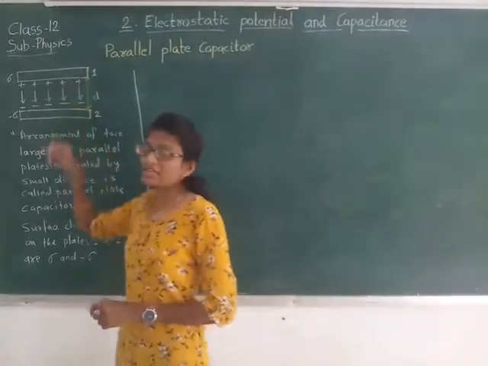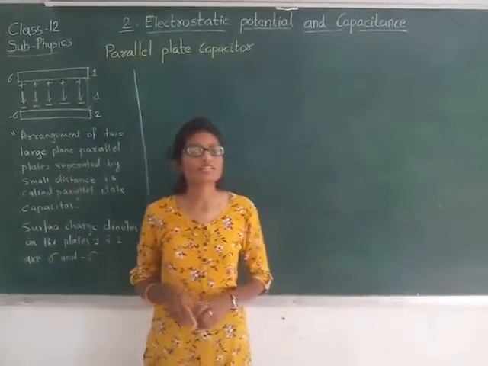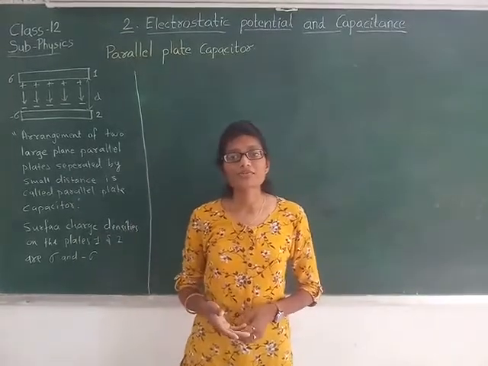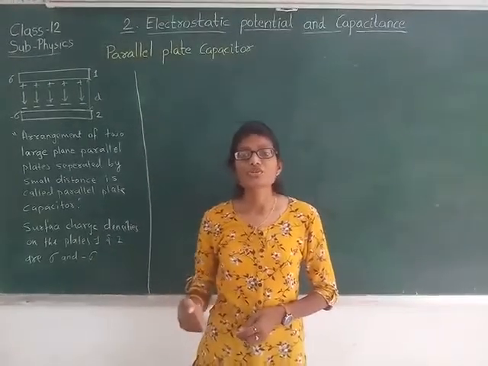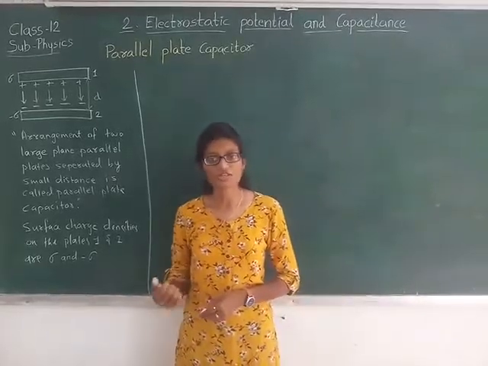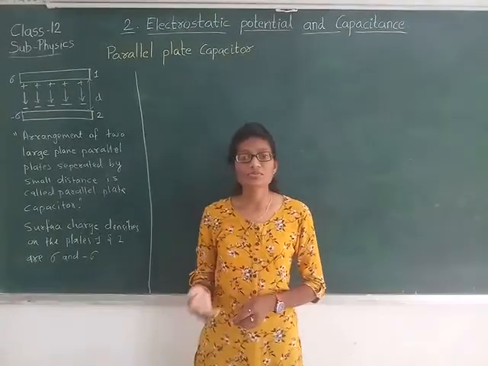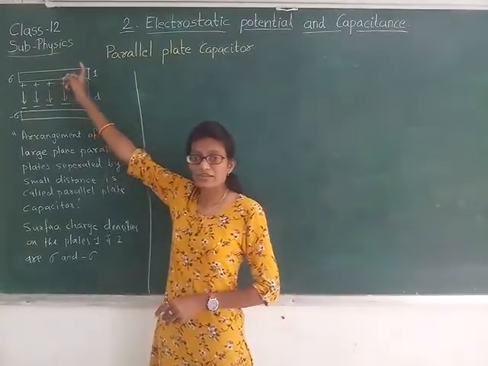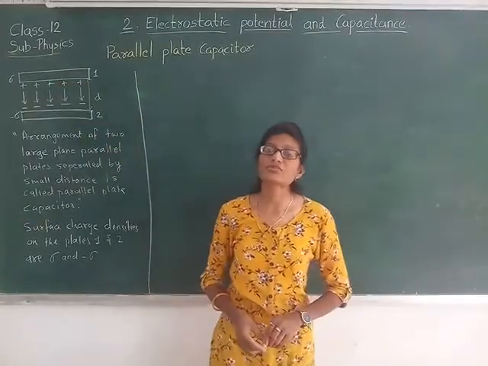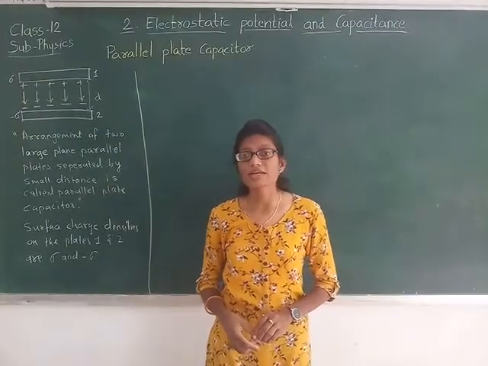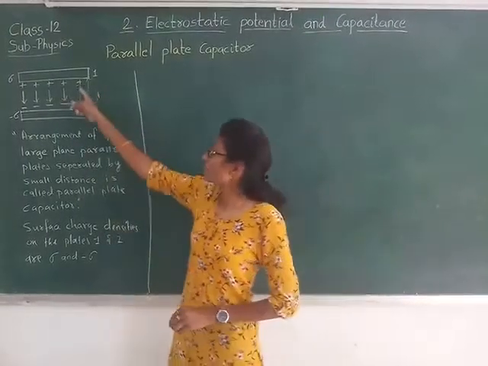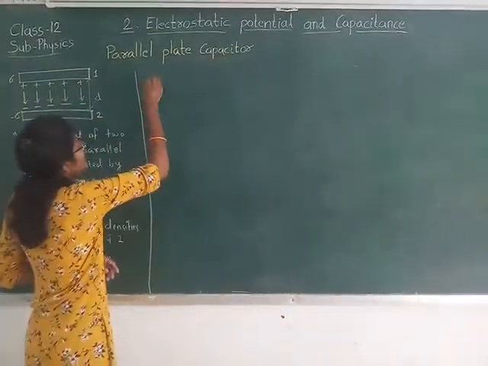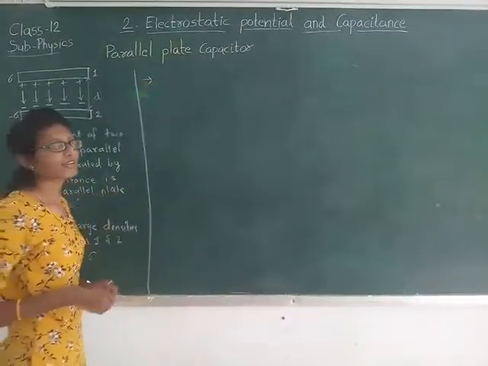Here we are having the parallel plates, and we have already seen the second application of Gauss law, that is the electric field due to a large uniformly charged plane sheet, right? So the electric field for this uniformly charged plane sheet is E equals sigma upon 2 epsilon 0, right? But here we are having two plates. Let us see the electric field at these three different regions.